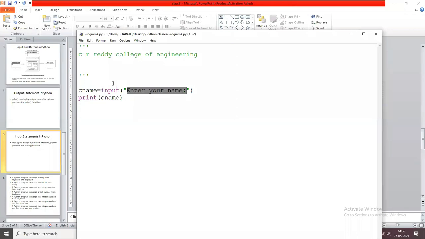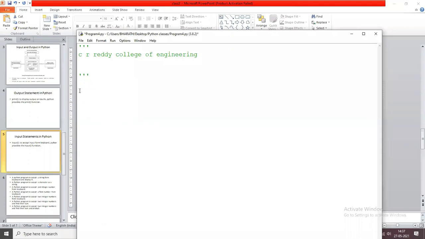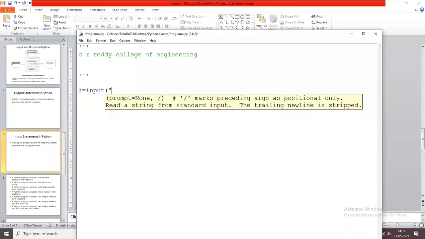The next one: you all should remember that whatever you read from the keyboard is in string form. For example, here I'm going to read two values. a equals input, enter first number.